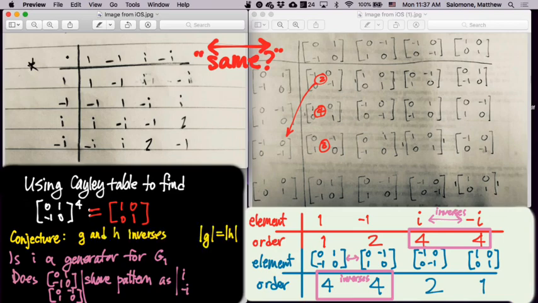So we're observing here that we have 2 elements that are inverses, and those elements have the same order as one another. If I were to put an if-then around this, which order should we put the if-then, do you think? Could we put it both directions? Okay. Let me leave that conjecture there for us to chew on